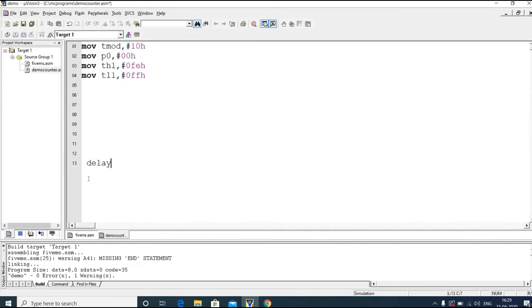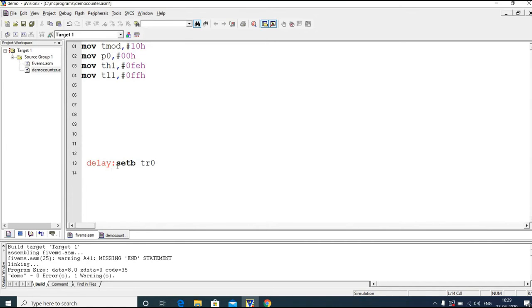So in the delay program, in the main program we have loaded the TL and TH register. So next step is we need to turn on the timer, that is by setting bit TR1.